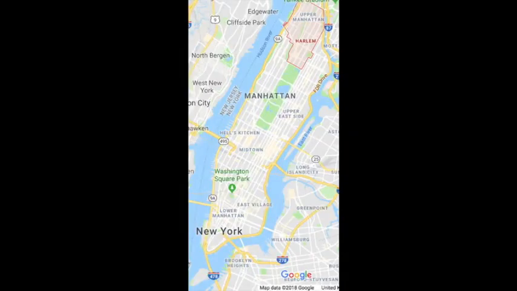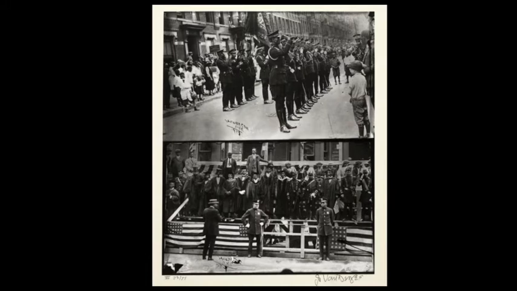New York, especially Harlem, was of course a major destination after the Civil War for hundreds of thousands of black migrants. By 1945, the historian Martha Biondi tells us, New York City had the largest urban black population anywhere in the world. You might also know Harlem as being the base of operations for Marcus Garvey's UNIA organisation following the